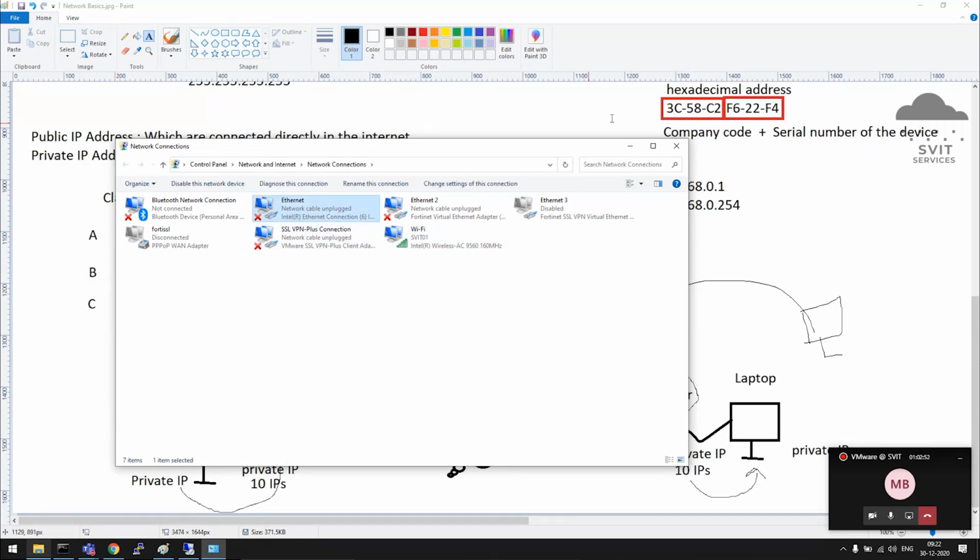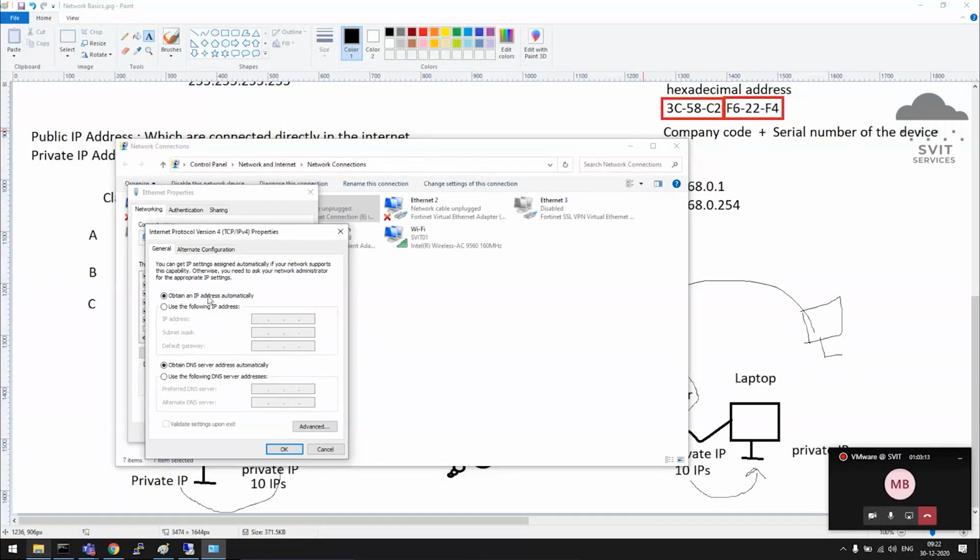Select the adapter. I have different adapters on my computer, you don't need to worry about them. Your laptop will have only one adapter. If you are connected to Wi-Fi, it will automatically go to the DHCP one.